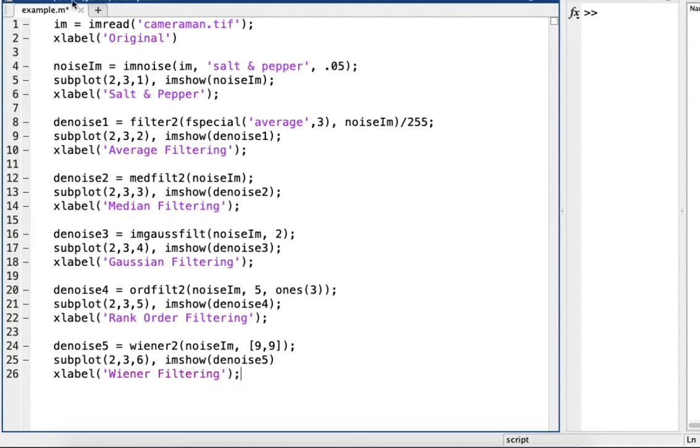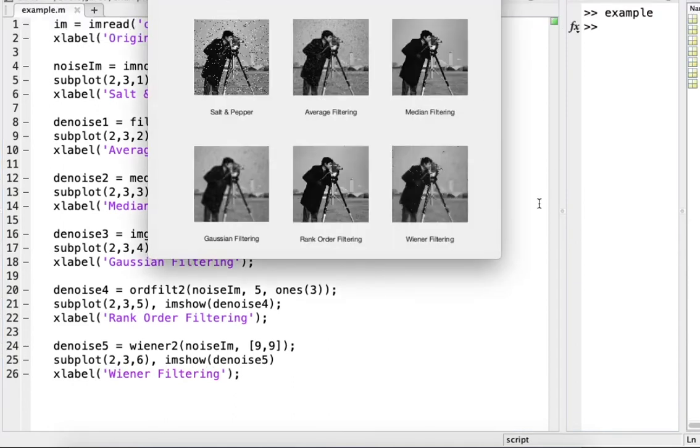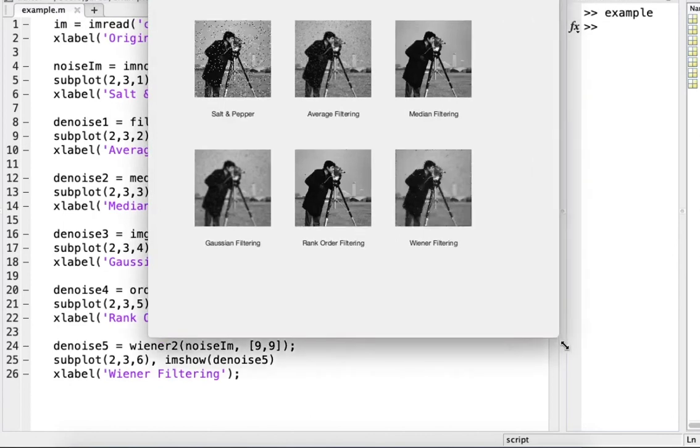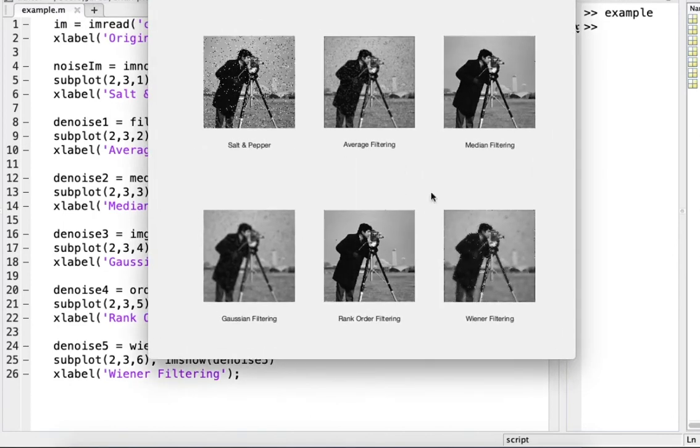Alright, so now let's go ahead and run that and see which one works the best. Alright, so original image, and these are with the filtering. So it looks like the median filtering performs the best on the salt and pepper noise, followed by the rank order filtering. That one's pretty good. The other ones are pretty blurry, so in this case I would go with the median or rank order filtering. And that's how you